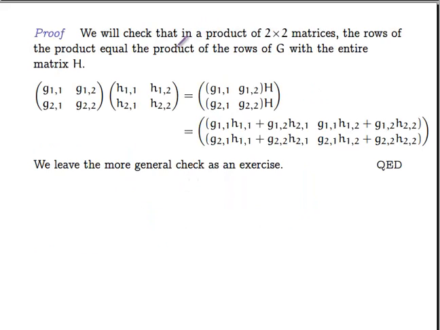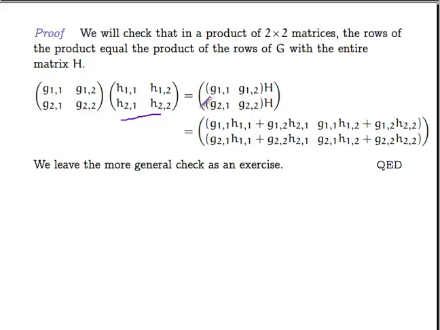Okay. So you can prove this in general using complicated index notation. Let's just do it for 2 by 2, and you can see how this works. I have my matrix G, which is a 2 by 2 matrix. The first index indicates the row, the second index indicates the column. Same with my second matrix H. If I just multiply these together,